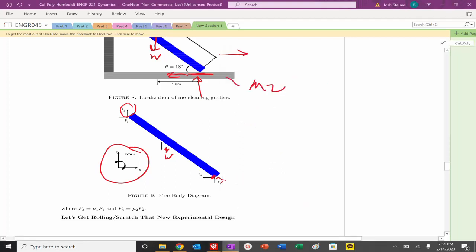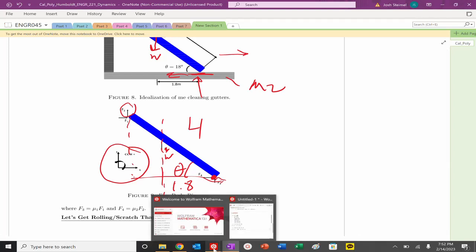I'm going to choose my moment point right here. We have this angle theta, and a 4-meter length here. We also know this distance right here is 1.8. Let's look at weight first. I draw my line of action, the perpendicular distance from my origin, and if I do my right-hand rule, I can see that that should be a,